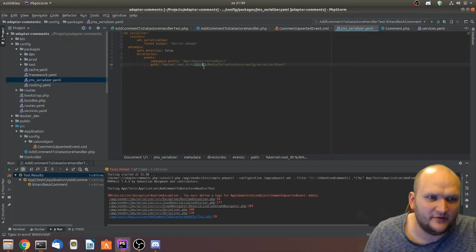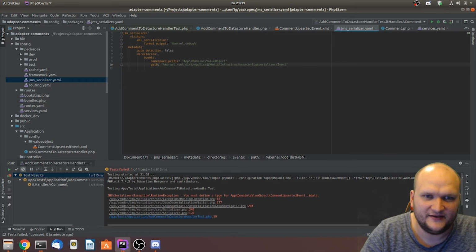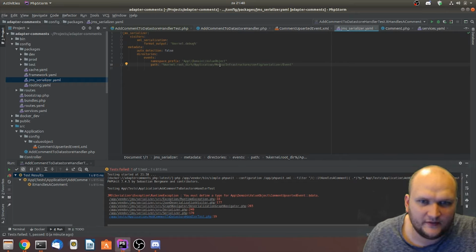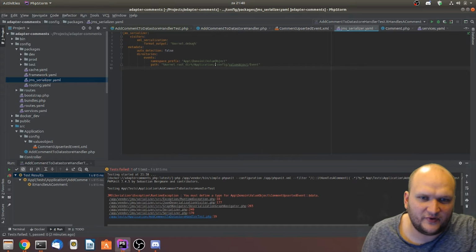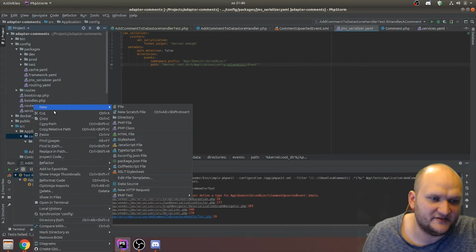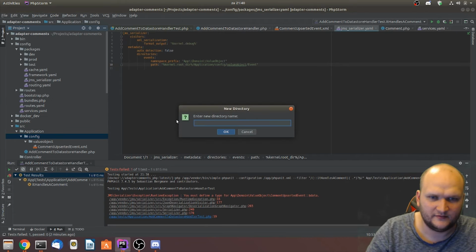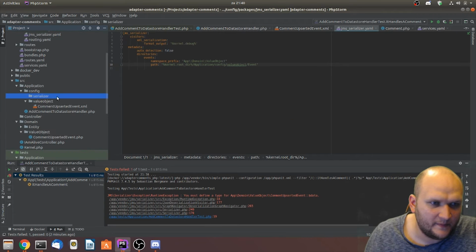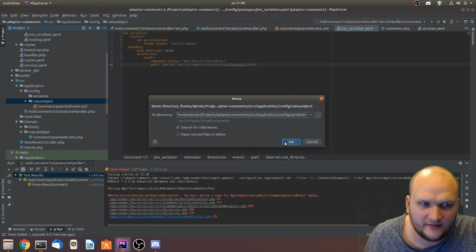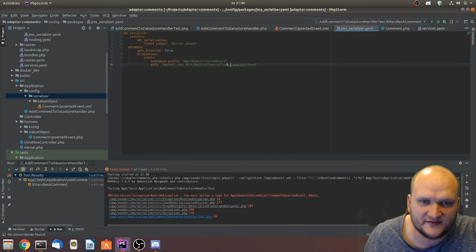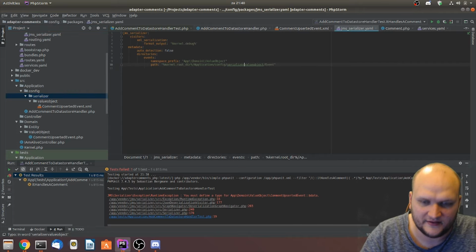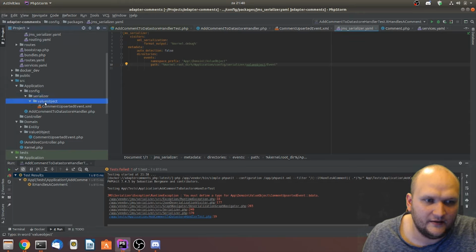App, Application, config, value object event. I probably should make a serializer folder in here and put that in there so we know it's actually part of the serializer and not something else. So config serializer / event value object,